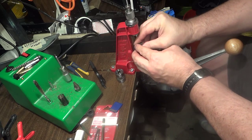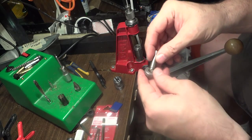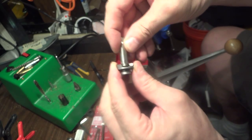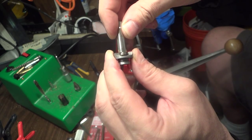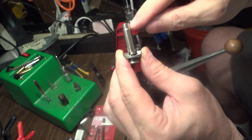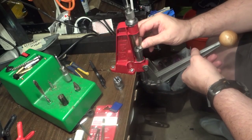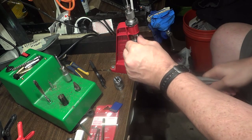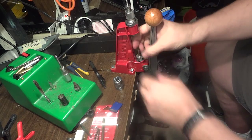Now also, I don't know if I can get this on camera, but there is a little bit of slop in that case there. So I'm actually going to do the overcam to see if I can get that, trying to squeeze it down a little bit more on that neck. So then when I put my casing in there and resize it all the way to the top,